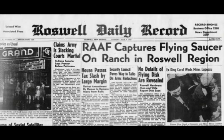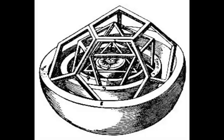Ufologist Nick Pope is famous for reopening the then-buried case in 1994, and ever since, the Rendlesham UFO case has remained another frustrating unexplained UFO file. In addition to Roswell and Rendlesham, similar symbols have shown up in modern-day crop circles and even alien abduction accounts. It seems that triangle pyramid symbolism is something we cannot get away from as humans,